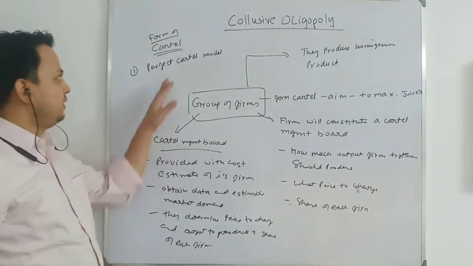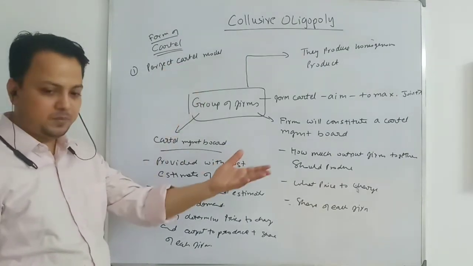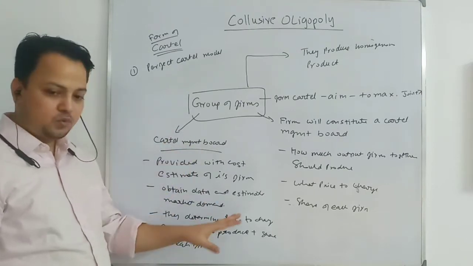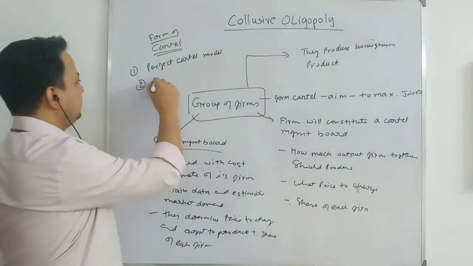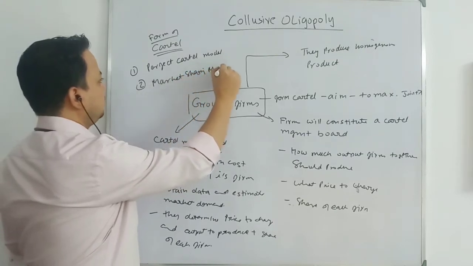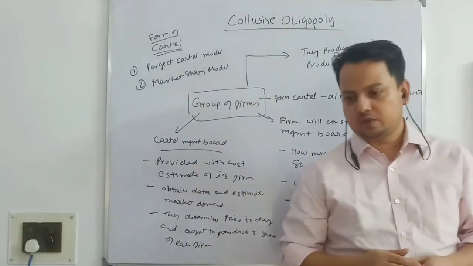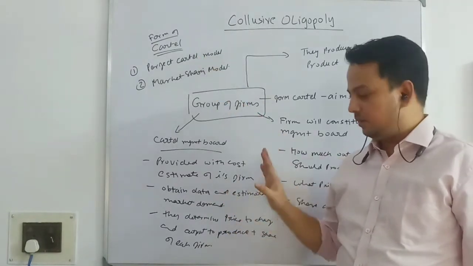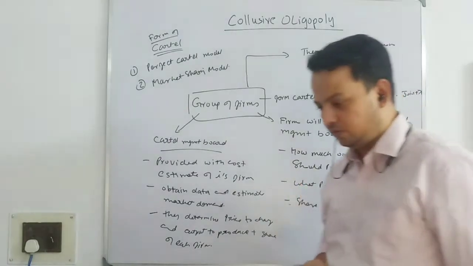So if they ask for the definition of a perfect cartel: firms give their complete right to this cartel management board to determine price, output, and their share also. The second is the market sharing model, which I am going to discuss tomorrow. So in the perfect cartel model, firms are completely surrendering, you can say. Whatever this management board decides, the firm has to take that market share and agree on that price.